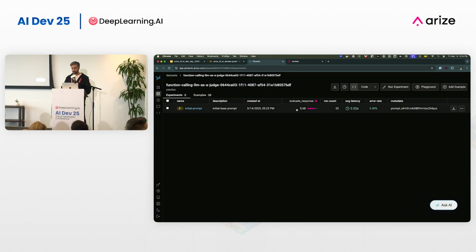So what did we just do here? I took that base prompt and I ran it on this data set to get a score for how that base prompt is doing on the data set. And it looks like it's only about 68% accurate relative to the labels that I gave it before. So that means that there's probably some amount of room for improvement here on that base prompt.